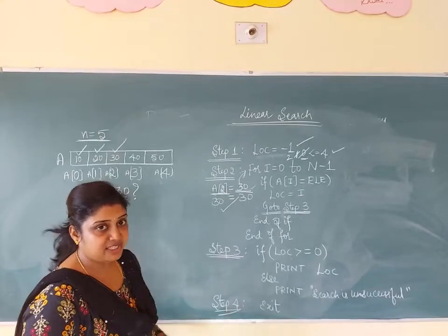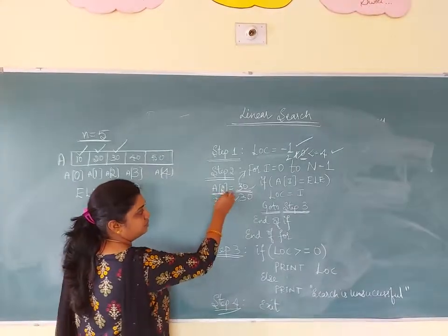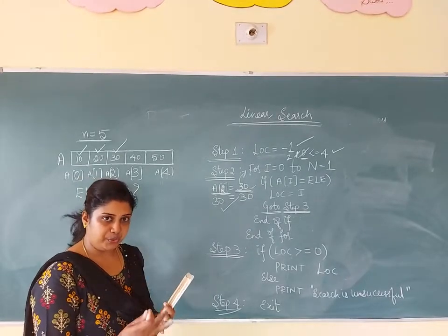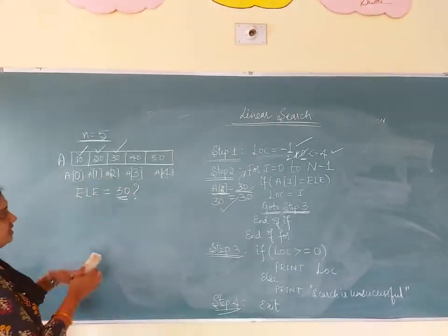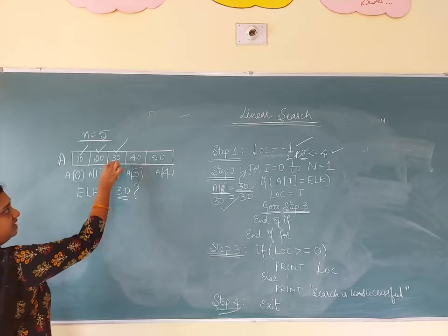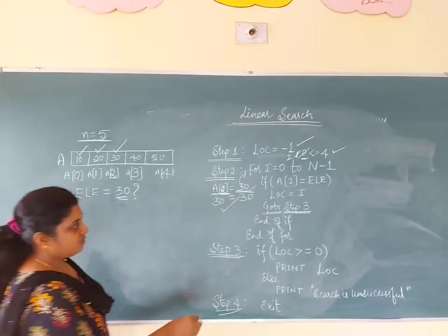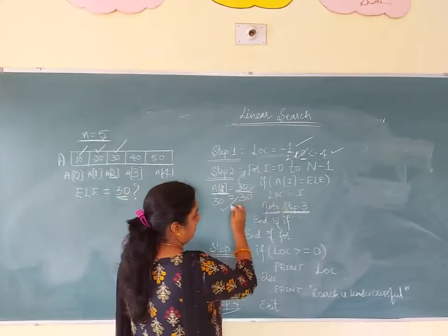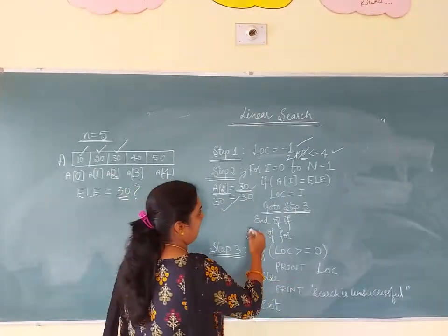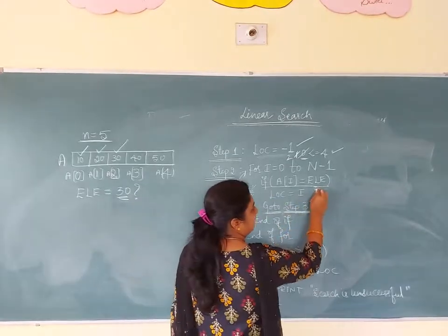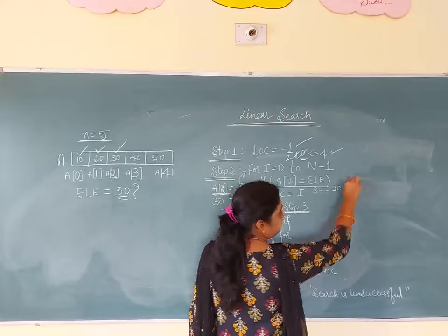It is present in the position 2. While searching for an element, from index 0, 1, 2, in the second position the element 30 is there. Now, what is my location? 2. So my location is 2. Then what will happen? When the condition 30 is equal to 30 becomes true,